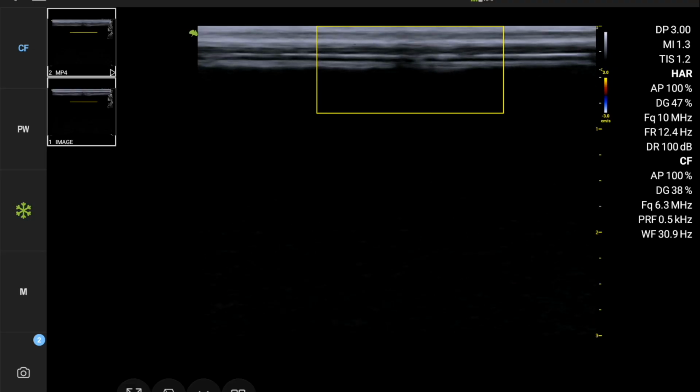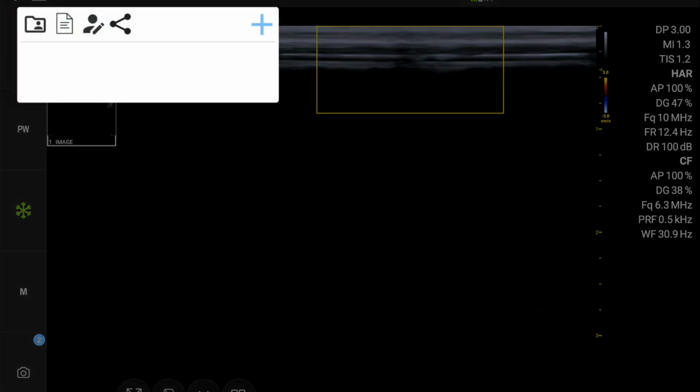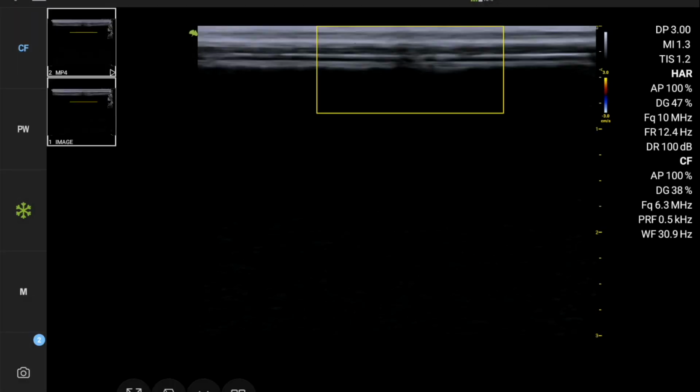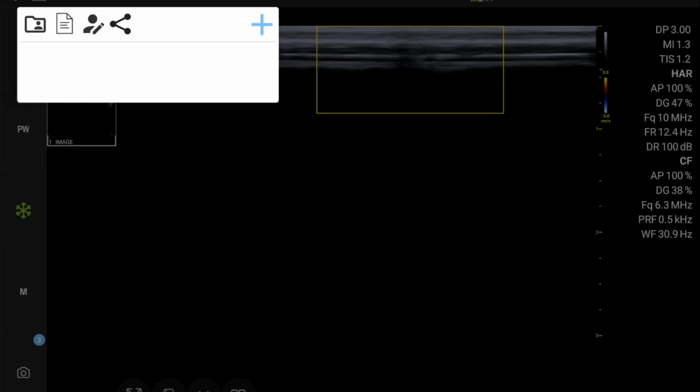Moving along, we have a screen where we can enter patient details. If I click on that little patient icon up the top there, it's going to give me this folder here, which I can have a look at my past exams. This is a report here. This is a section where I can edit the patient. And this is a section where I can choose to share some of this